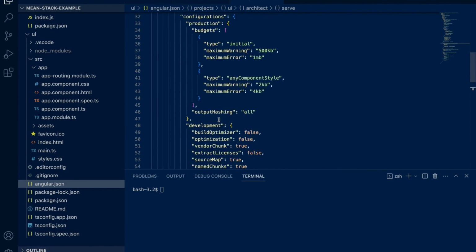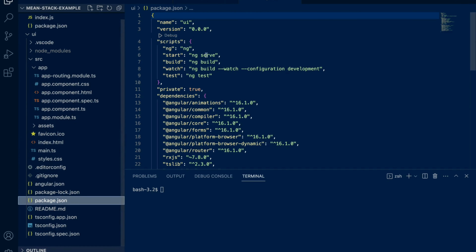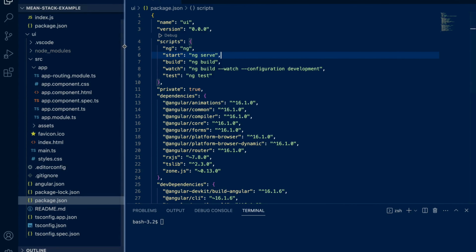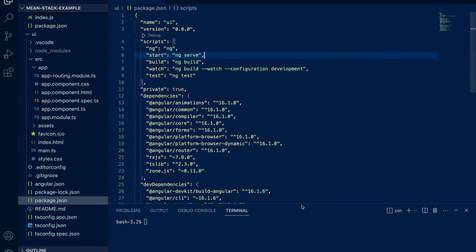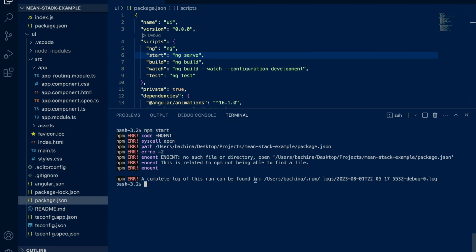We can go through all this Angular.json in the future episodes, but first let's look at the package.json. In package.json, you can have scripts, and if you notice, for the start command, we have ng-serve, which runs the Angular application in development phase. When you run npm start,